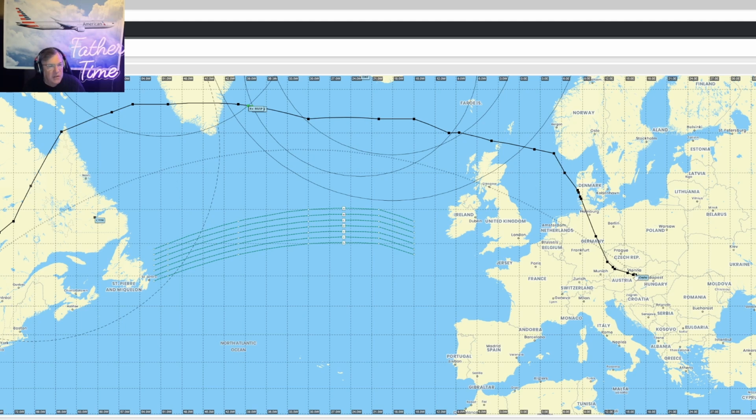So our route of flight is going to take us from Austria to Germany to Denmark, and we'll go from departure here at Vienna. Then we'll go to, I believe it's Wien, W-I-E-N, and then Munich. I wrote it all down, the sectors we're going to fly through, which we do on our real airplanes, by the way. Germany, Rhine control, and then Hanover up in here, Copenhagen to Polaris to Scottish up in here, and